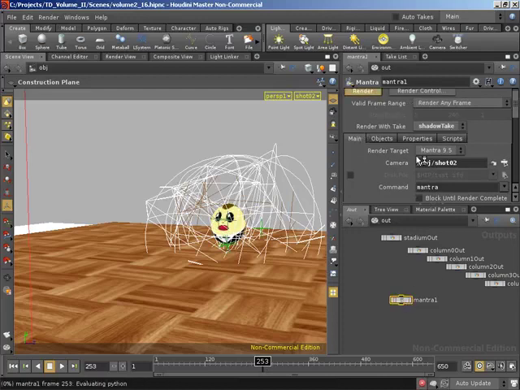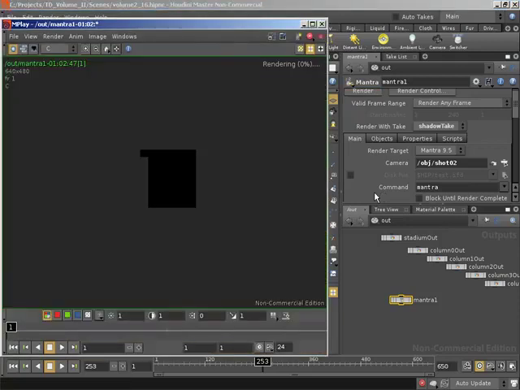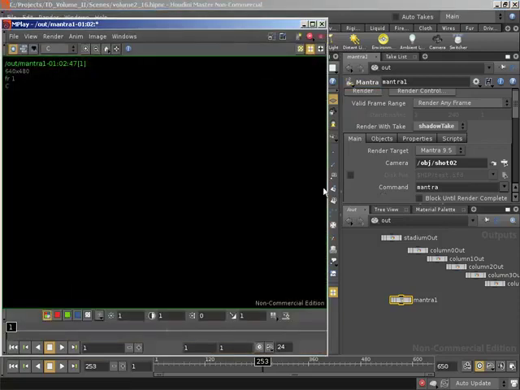it's rendering with the shadow take, which means we're not going to see anything in our color channel because of the fact that everything is going to be rendered out black. And that's actually going to be very useful when we come to composite this particular pass in. So our color channel renders out black. However, the magic happens when we switch over to our alpha channel. We get our shadows now appearing in our alpha channel,